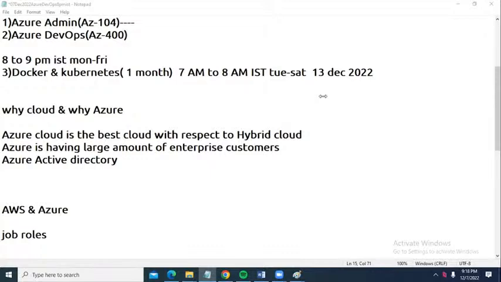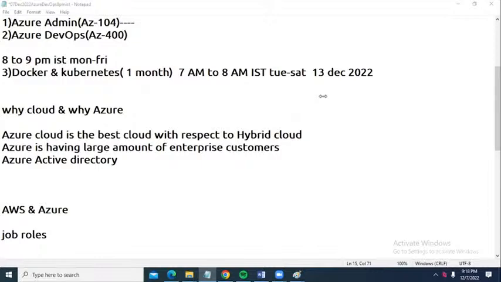I have worked on PCF. How is it different from Google Cloud, AWS, and Azure? PCF, Pivotal Cloud Foundry. Is it a private cloud? Yes, private and public as well.